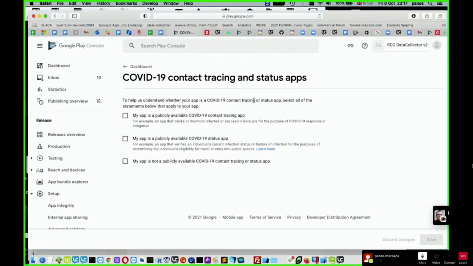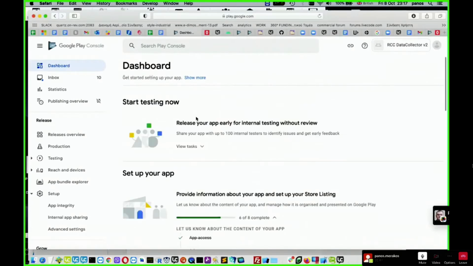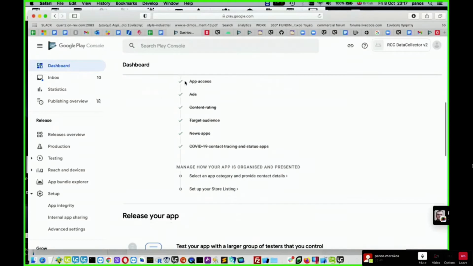Whether your app is a COVID-19 contact tracing or status app, select all of the statements below that apply to your app. No, it's not. My app is not a publicly available COVID-19 contact tracing or status app. Okay. Back to the dashboard. Okay, we have completed all these subsections.